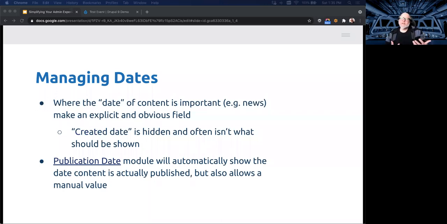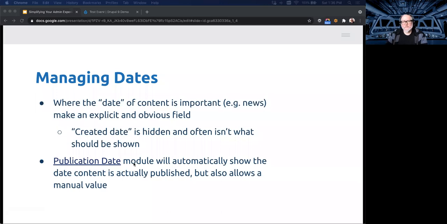Some sites, particularly like a news system, may make use of the date of a piece of content, but oftentimes the Drupalism of the created date actually isn't as useful as site builders might think, because it's really the date at which the author originally hit save, as opposed to the time it was available to anonymous users. And so there may be a bit of a disconnect in using that as your canonical date for a piece of content. So there's this publication date module that can be really useful because